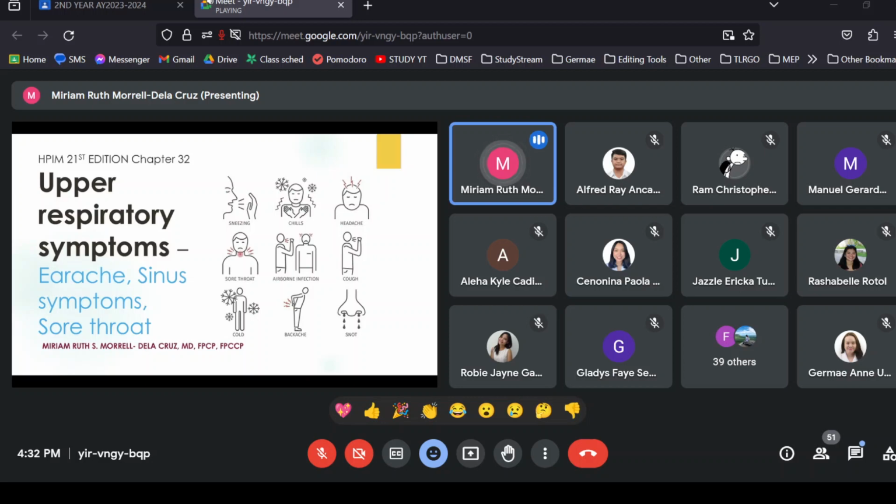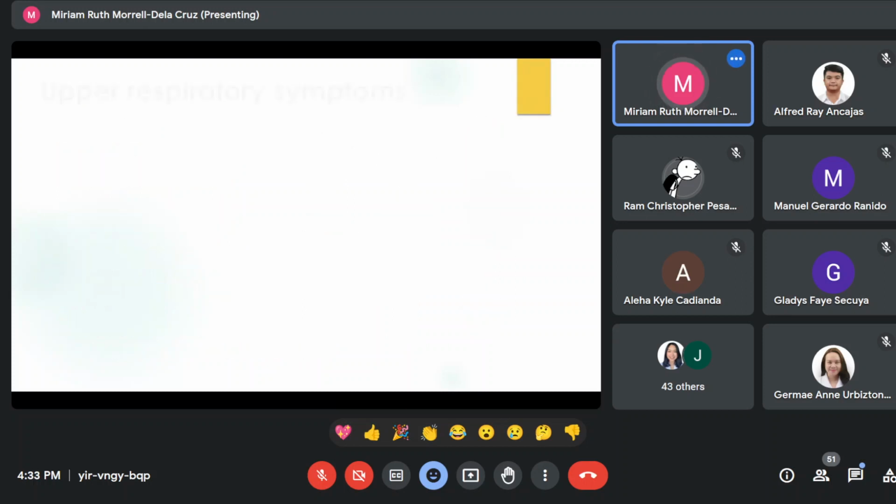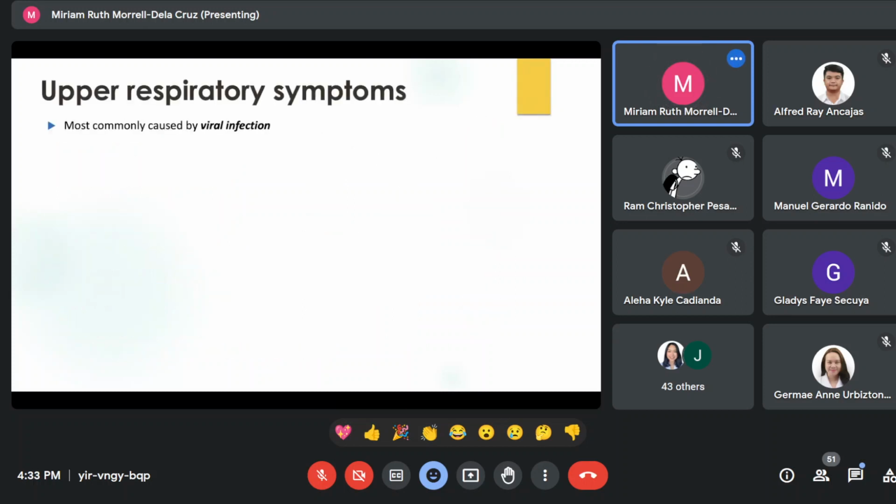We'll be talking about upper respiratory symptoms, which are very common symptoms. Now, one of the most common reasons for patients coming to you in the outpatient or even inpatient setting. Among these upper respiratory symptoms are your earache, sinus symptoms, and sore throat. It's most commonly caused by a viral infection, but of course it can be caused by other infectious, inflammatory,